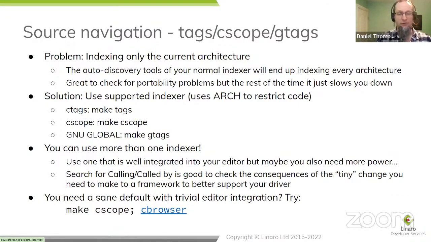So in other words, it allows you to do local code browsing based on indexes that you've generated from your local kernel sources, and you can browse it locally. This isn't a recommendation saying use cbrowser because Tickle programs are the best thing in the world. Tickle programs are old and uncomfortable and clunky. But it's a good default if you don't know what I'm talking about and want to get a sense of what you would be able to do with a source navigator program.